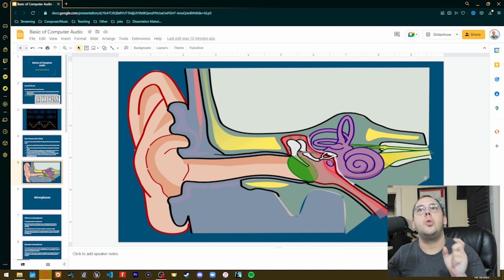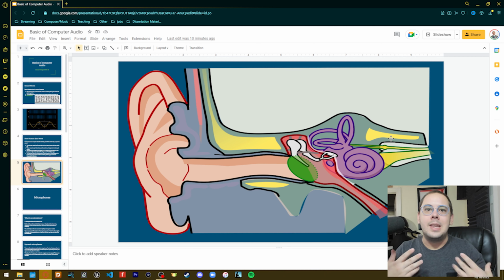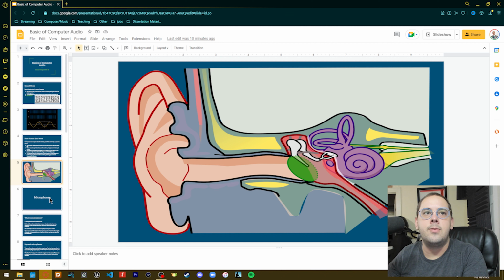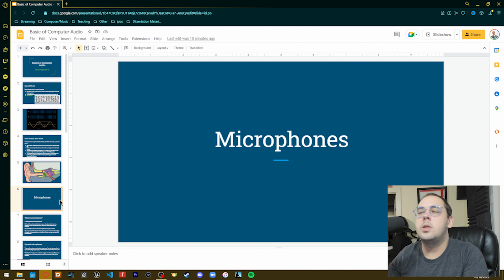signals into the brain. So these different signals will tell the brain, hey, different sounds are happening. This is how humans are able to differentiate between high and low sounds, because it's physically different nerves and different collections of nerves sending these impulses to the brain. All right, so again, that's just a really brief overview of some of the physics of sound and how humans hear stuff. I brought this up because we're going to talk about